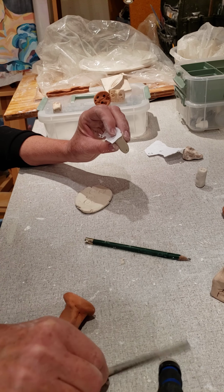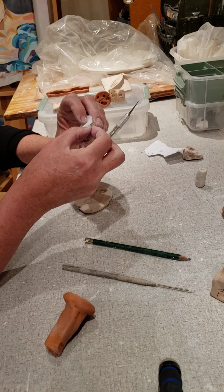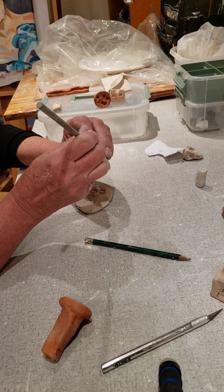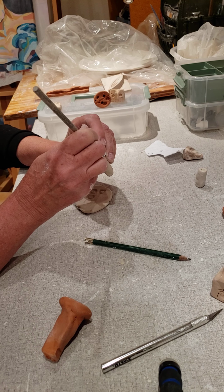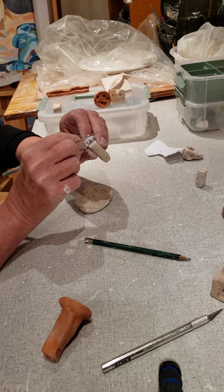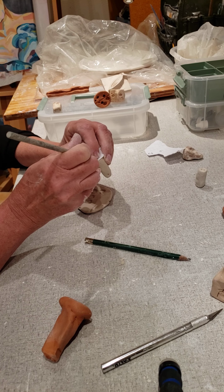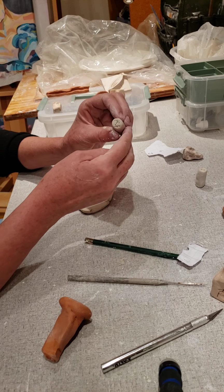Then I'm going to take a needle tool. This is called a needle tool. Or I could take an X-Acto if I wanted. Whatever you have at home should be absolutely fine. And then what I'm going to do is put little tiny dots. And those dots will transfer into my clay. And I'm just double checking to make sure. You want to hold it. Notice I'm holding it down with my one hand here. Okay. And then you can kind of see I have a little pattern of